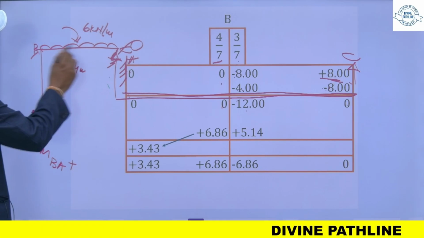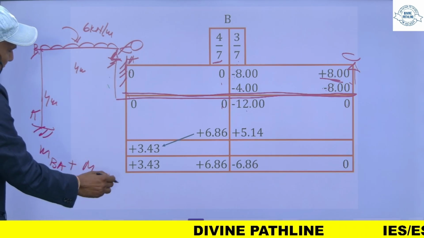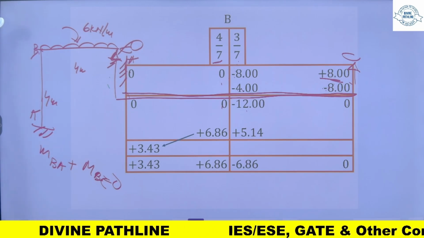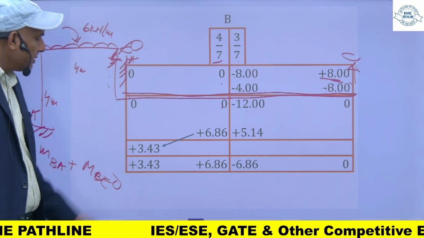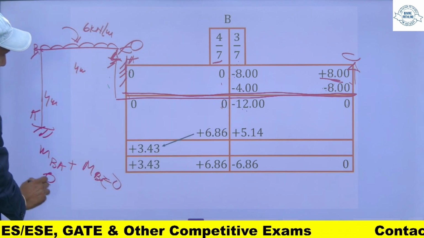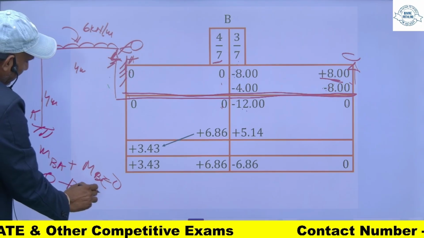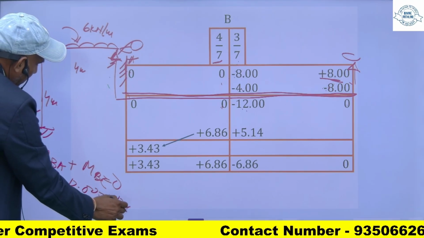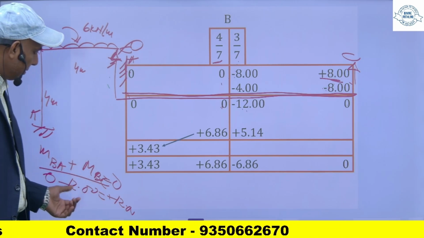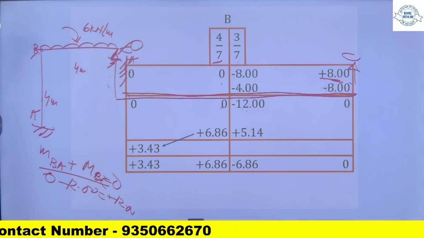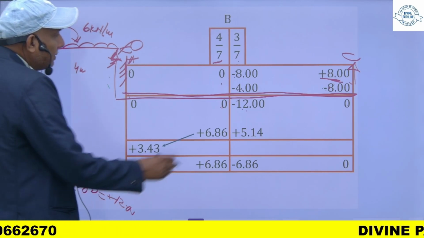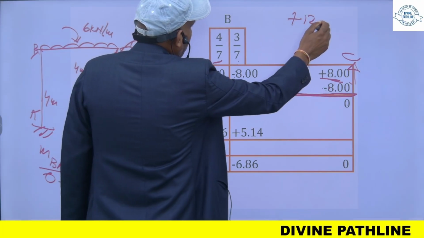प्लस सम ऑफ MBC, दोनों मोमेंट का सम 0 होना चाहिए। फॉर द इक्विलिब्रियम ऑफ दिस ज्वाइंट B, सम ऑफ MBA और MBC शुड बी इक्वल टू 0। बट इन दोनों का सम क्या है, ये -12 है। अगर इस सम को मुझे 0 करना है, ये सम 0 होना चाहिए, बट इसका सम -12 आ रहा है, तो इसको 0 करने के लिए मैं +12 का करेक्टिंग मोमेंट यहां B पॉइंट पे लगाऊंगा।